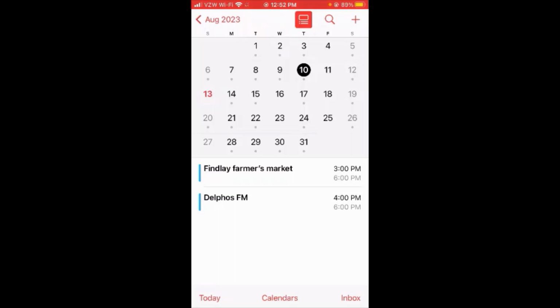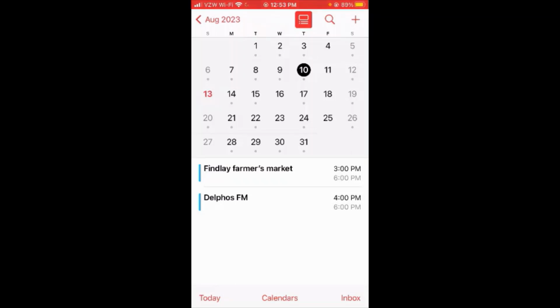So I can see what day it is up in the calendar view up at the top, and down at the bottom half of the screen, I can see what the events are. And to the right, I can see what time they are scheduled at. So I have found this to be the most convenient and quickest format in using the calendar app. I like to be able to jump quickly between days and see what I have on each day and what time without clicking into the day and then scrolling to look at the times